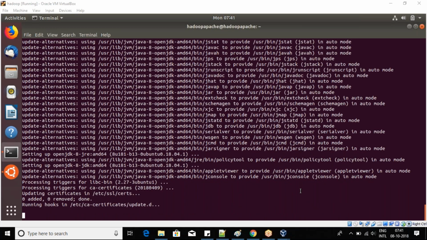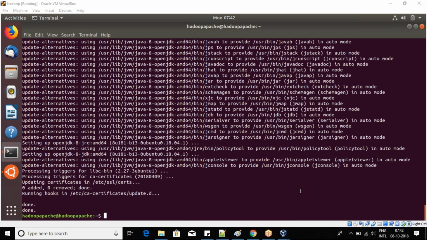Okay, so now we are done with this Java installation. Before updating the .bashrc file, I want to know where exactly Java is installed, or what is the default location in which Java is installed in the Linux operating system. For this, what is the command we are having here? That is nothing but